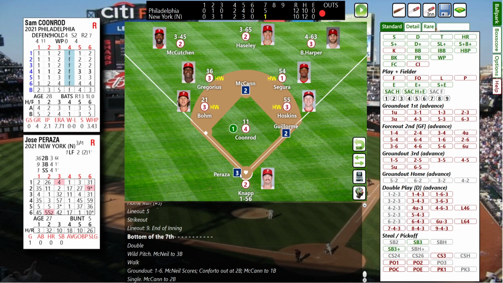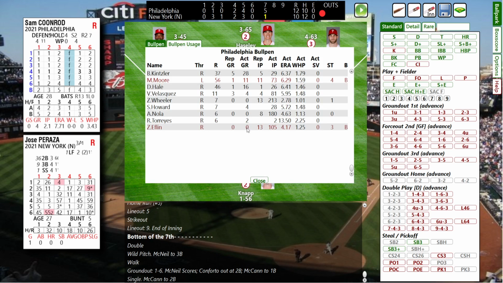What do we got here? We got a ton of pitchers. So Kinsler's available, Hale's available. Everybody else is a starter. And then we got some guys that are just... Oh, Howard is there now. Did I see him before? I don't even know if I saw him before. Spencer Howard, I think his name is, right? Anyway,